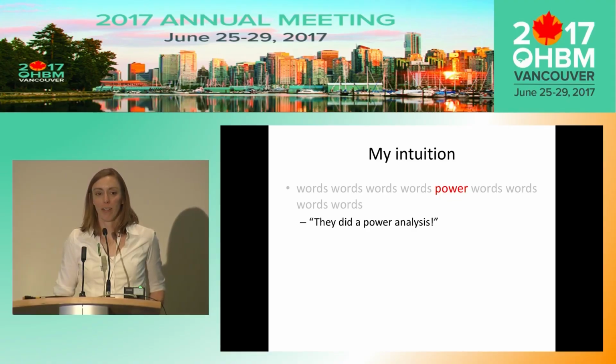The question was if I've seen things get funded if the power was quoted at 70%, and I have. Part of my salary is paid off of one of those grants. It was not AIM 1, obviously, but yeah. My other thought is perhaps people just look for the word power, and they check the box. Yep, they did a power analysis.